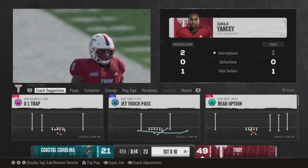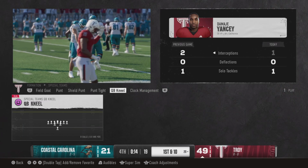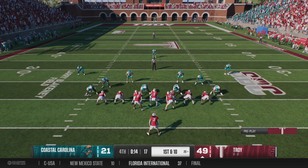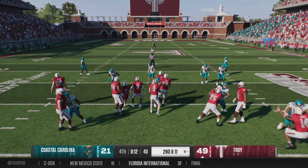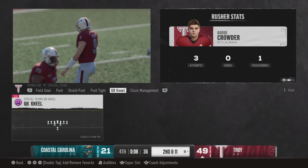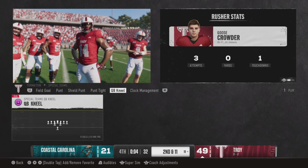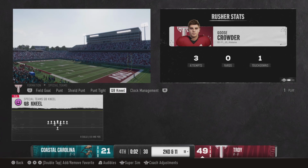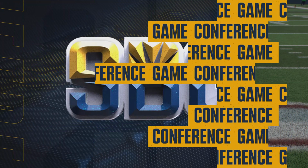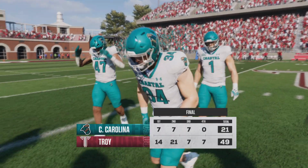His 3rd interception of the day. Heat up them pass rushers, bring in them DBs. That's what I'm doing in this situation. When I got the lead by a couple scores late in the ball game in the 4th quarter, I'm going to rush the passer like crazy. I'm going to put all those DBs back playing the pass. That's what happened. Great job understanding they're going to have to take shots. We get the interception. This one's almost over. This is what an elite team does. They know their